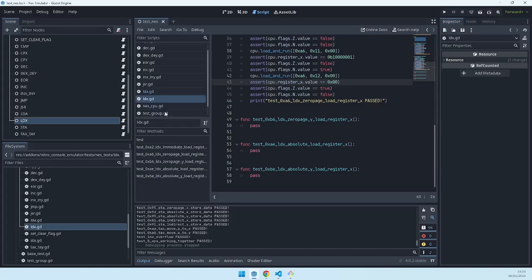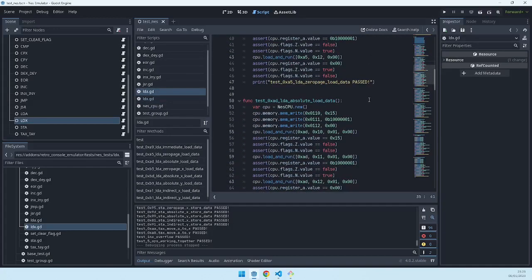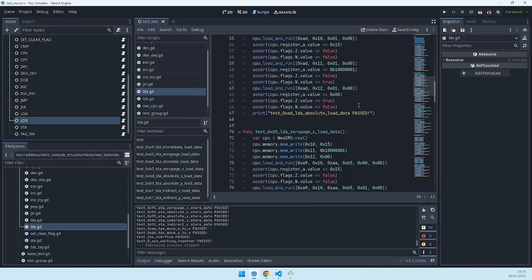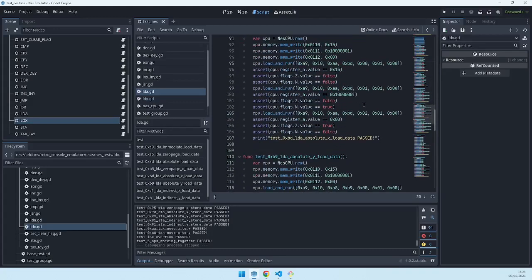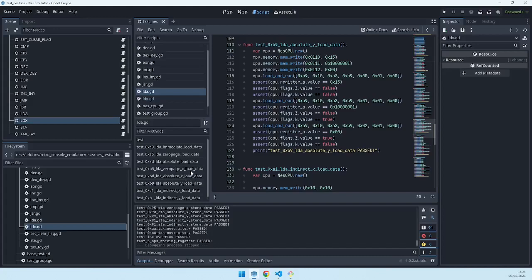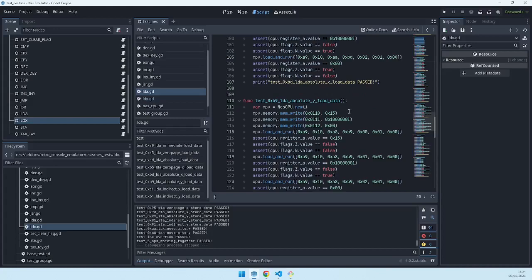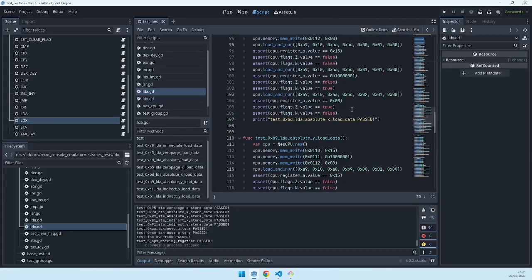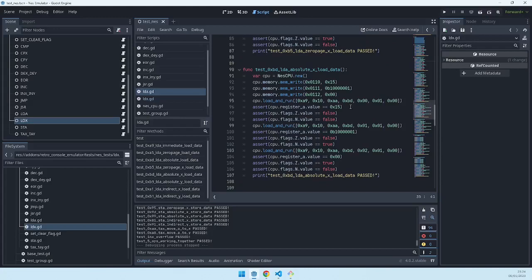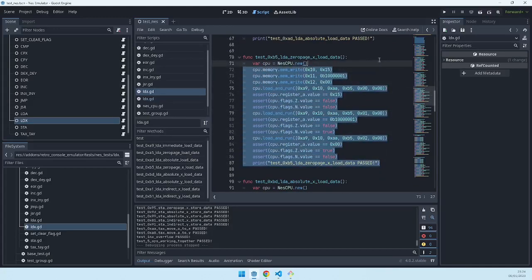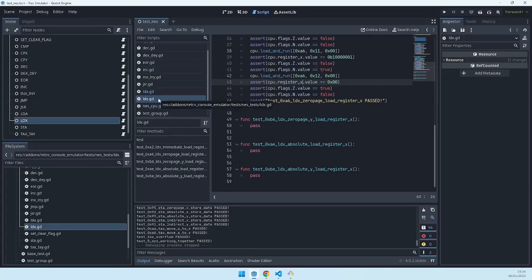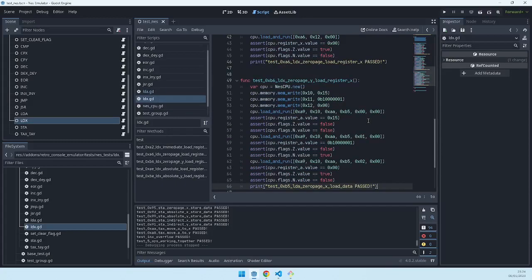Zero page Y. I think we don't have zero page Y in LDA, do we? No, we don't. So it is gonna be easy in theory. So we can take zero page X and we are going to replace